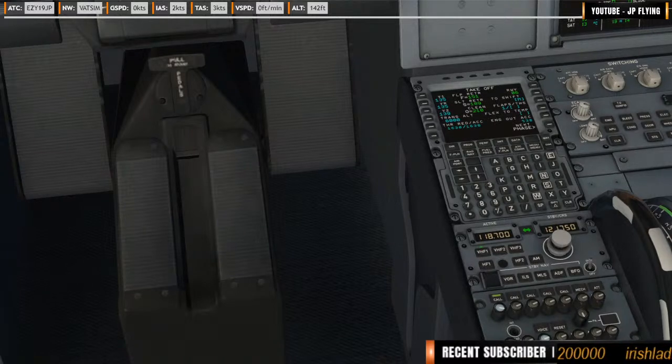Golf Dallas, report downwind with intention. Golf Dallas is downwind, touch and go. It's so weird having my name as a call sign. Golf Dallas, that's acknowledged. No traffic in the...